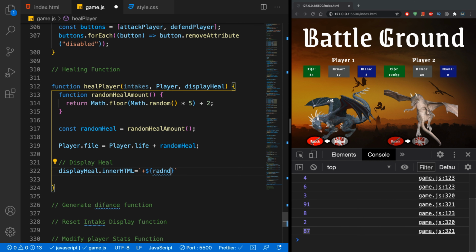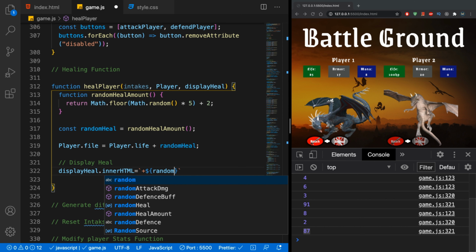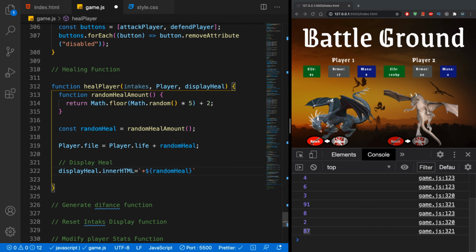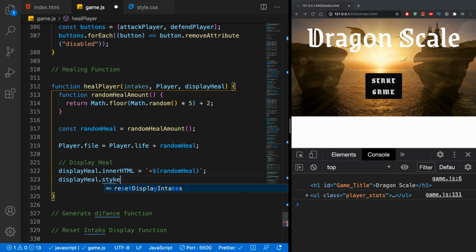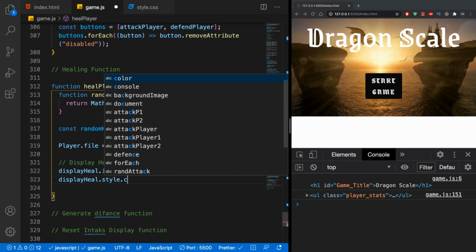And why can I type random? Random heal. Okay, so this const that we created up here. Let's hit save. Now let's also style this. Let me copy this, go down here. So display heal dot style dot color,